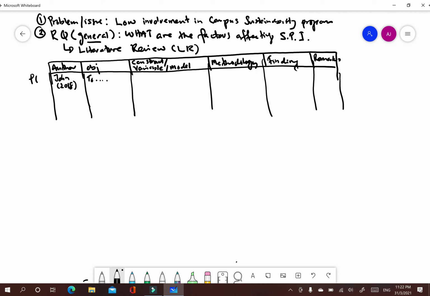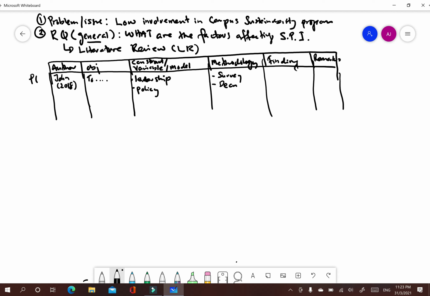Okay, and then for example here, what are the constructs they studied in this paper, let's say, leadership, or maybe policy. Okay, and then methodology, for example, they use a survey, and then maybe the respondents, basically maybe the dean.